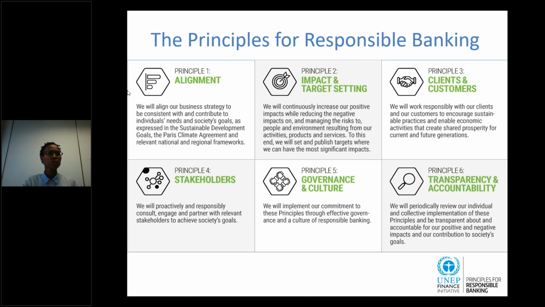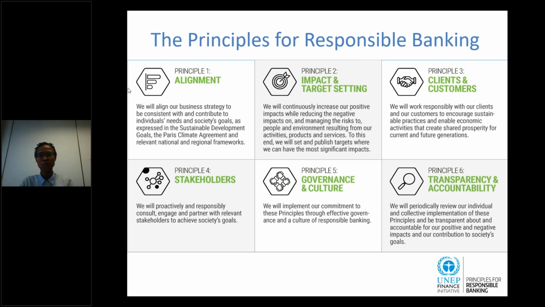We are to set targets that are meant for us to scale this positive impact and to measure how we contribute to these international or local frameworks that we decided to align our business to. As it is going to be presented further on, the targets can be set quantitative or qualitative, but we always need to have a mechanism to monitor the progress towards our targets, and all the targets need to be specific, measurable, achievable, relevant, and time-bound.